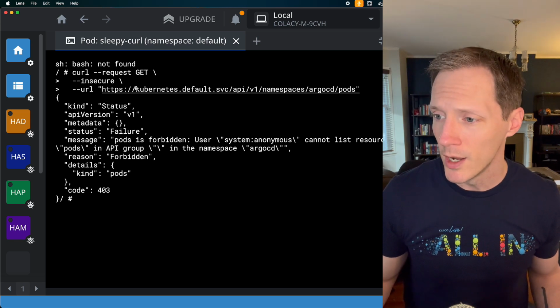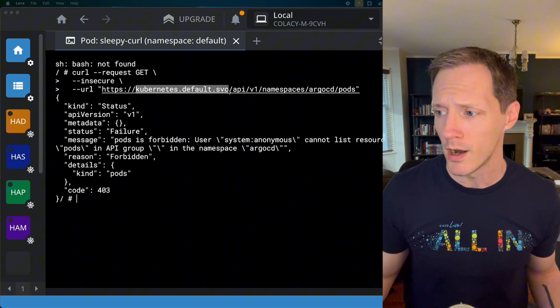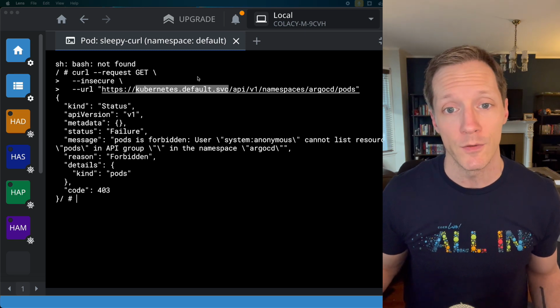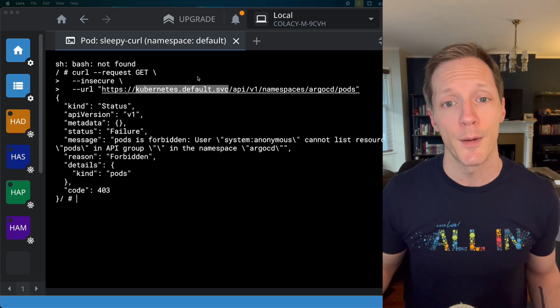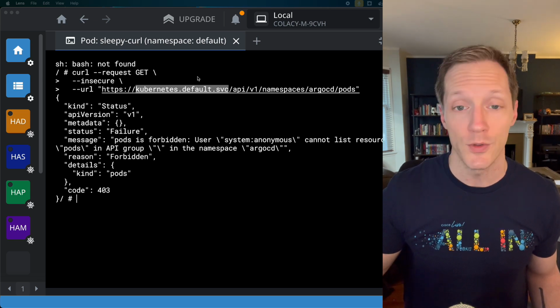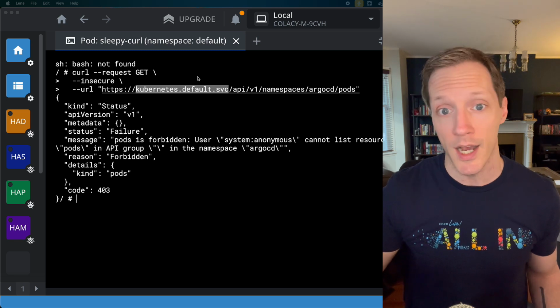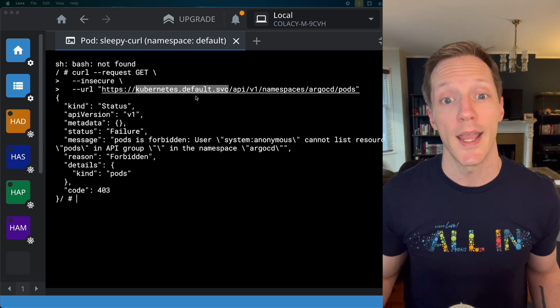Second thing we want to look at, where did I even get this Kubernetes default service? What is that? Who is that? Where are we? Well, Kubernetes default service is a default service that's set up to talk to your Kubernetes API. That domain entry, that DNS entry, is present on every Kubernetes distribution, and it always points to your API